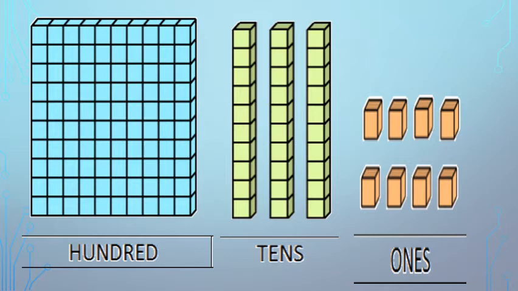Ones go up to 9, and when we add 1 to that 9, it converts into tens. And from 10 up to 90 it is tens. When we add 1 to 99, then it becomes 100. Got this students? So this is the 100 box, a bigger box. Then these are tens and on the right side they are units.